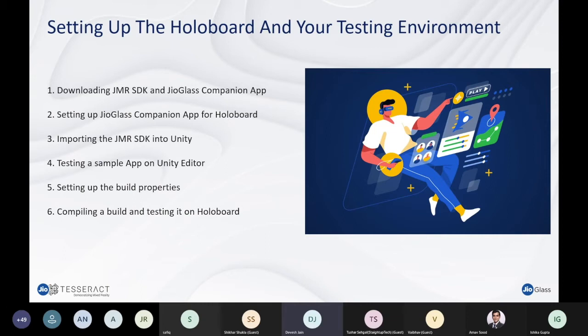So let me spend a little bit of time giving you an inside peek at what exactly we mean by the dev environment and how the whole ecosystem works.